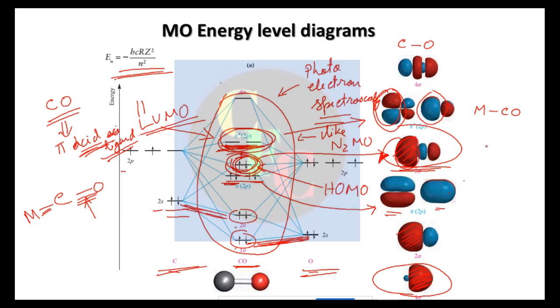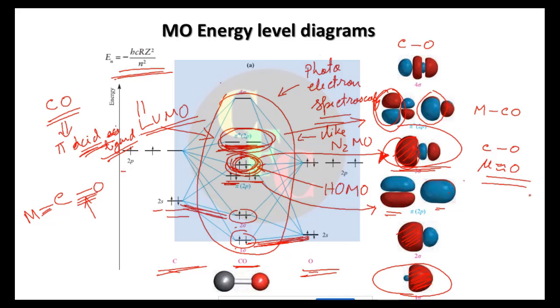And one more aspect, see, carbon and oxygen differ in electronegativity, so you should expect a dipole moment, right? But the dipole moment is very nearly zero for carbon monoxide. This is because the electronegativity tends to pull the electrons towards oxygen, but molecular orbital theory shows that electrons most of the time reside on carbon, right? As such, they cancel each other out, and there is a net dipole moment nearly zero.